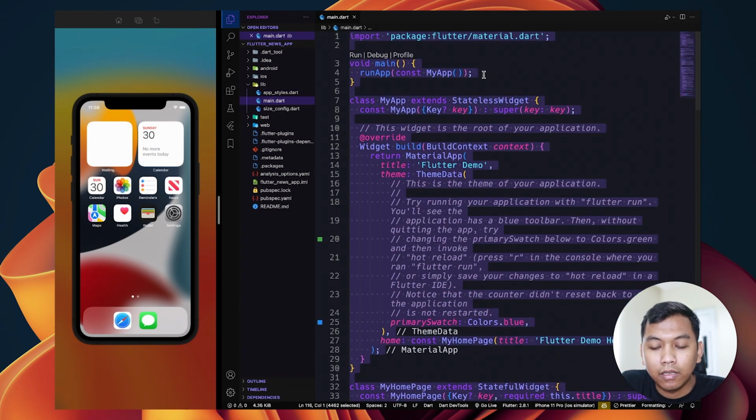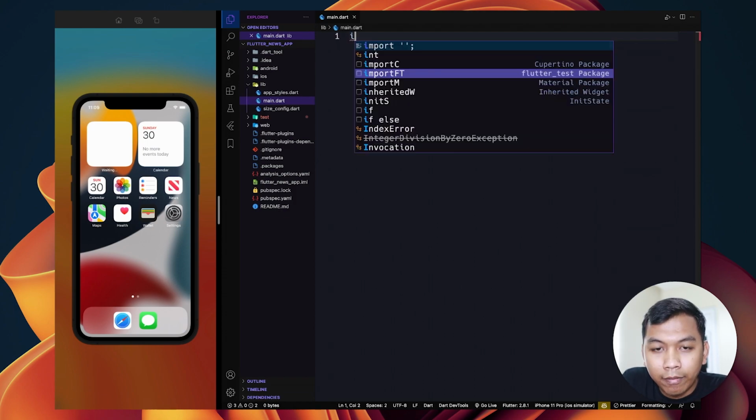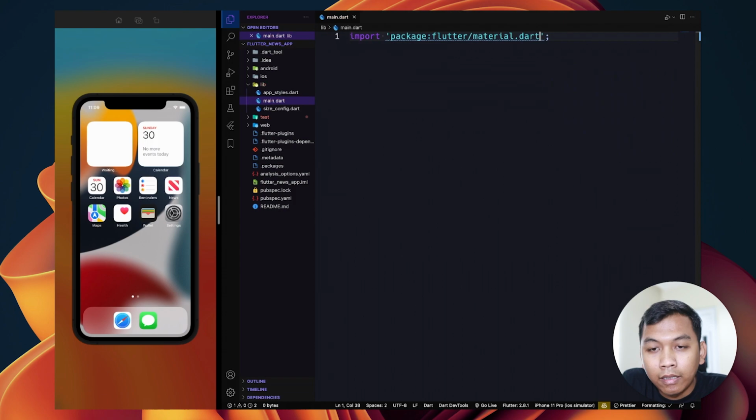As usual, remove everything inside main.dart. First things first, let's import material and import app style.